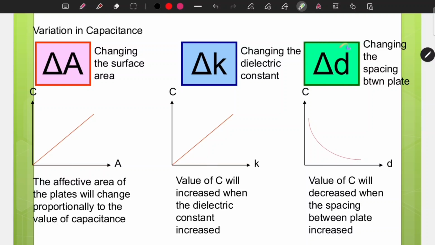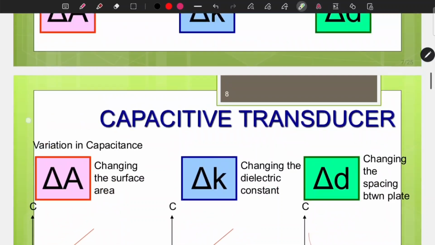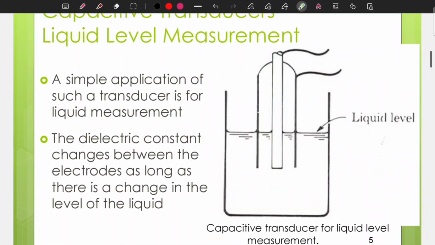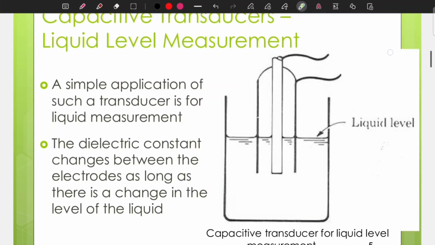Then we have delta D, which is the spacing between the plates. It is inversely proportional to C. So when you increase the value of D, the capacitance will decrease. But if you decrease the value of D, the capacitance will then increase. So back to the liquid level measurement. How it works is